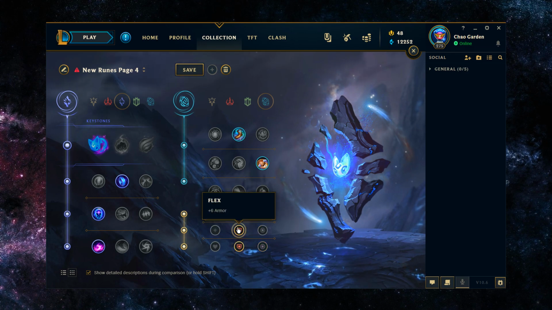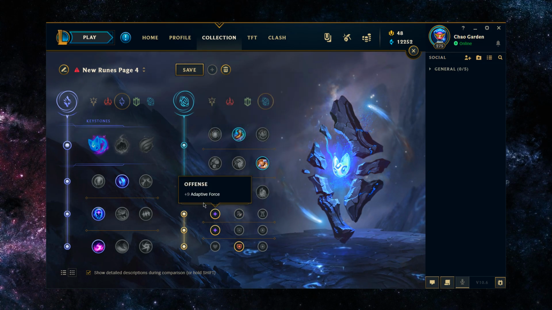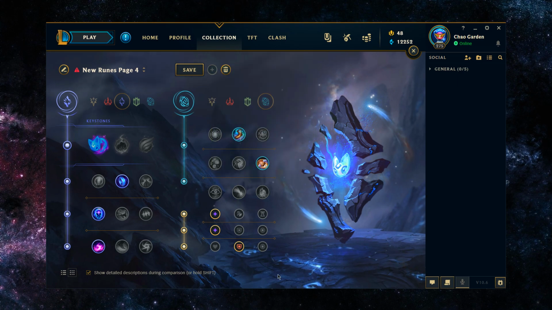Running double defensive runes isn't as good on Viktor because you have enough range to deal with even hard matchups. If you still want to be able to trade with them meaningfully, having the ability power helps you do so. Even if you're taking more damage, the biscuits are going to help offset that, and then maybe a corrupting potion will as well. So that's the default runes I'd recommend for Viktor into melee matchups or short range matchups, because